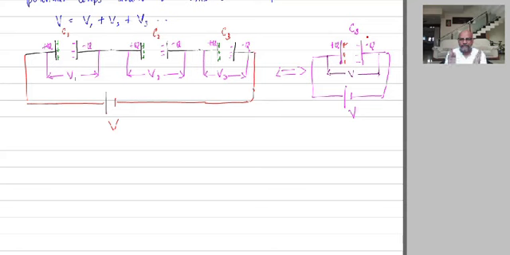So three capacitors are connected in series, and if all the three capacitors are replaced by a single capacitor, the effective capacitance of that capacitor is called CS. Now notice that this CS is replacing all the three capacitors effectively. That means it is storing the same charge at the same potential as all these three capacitors do.